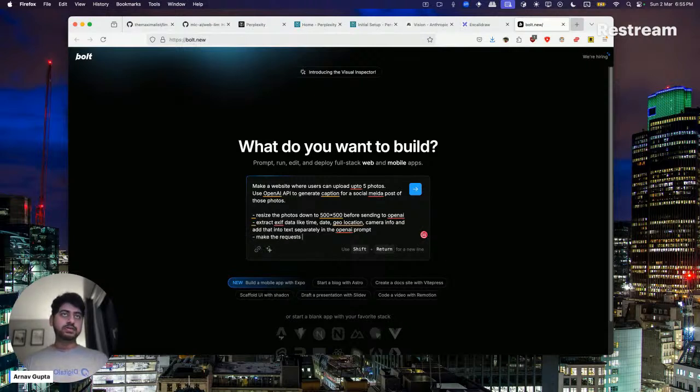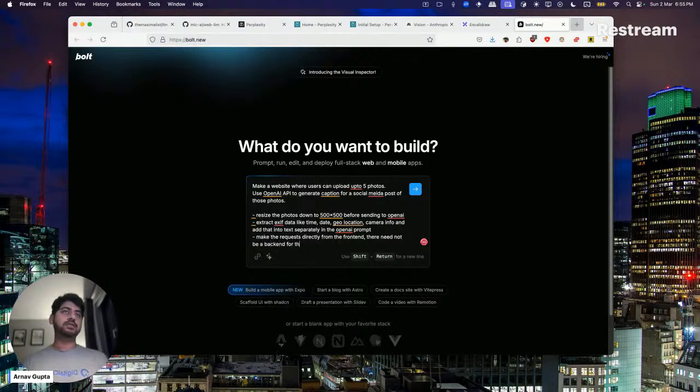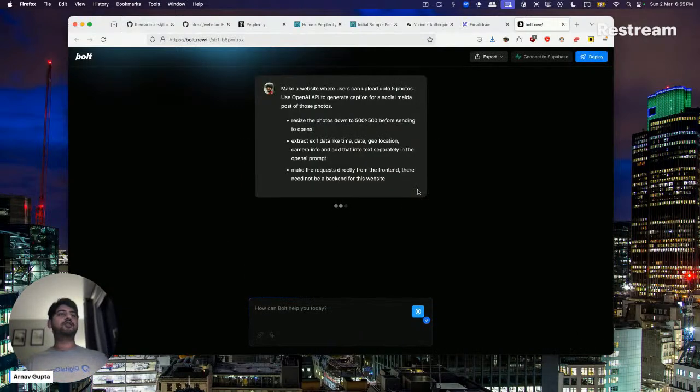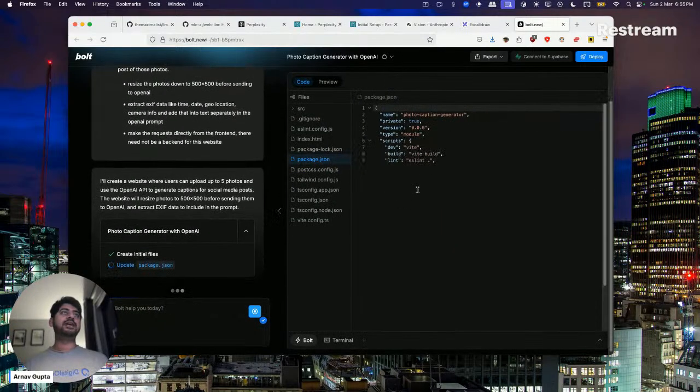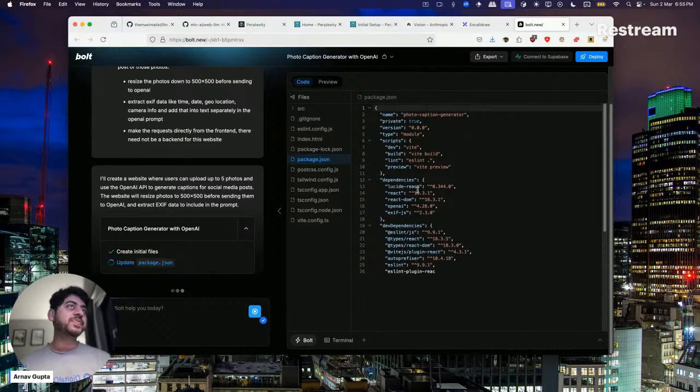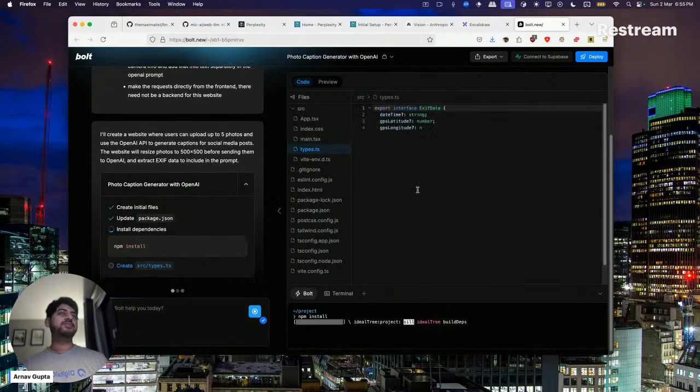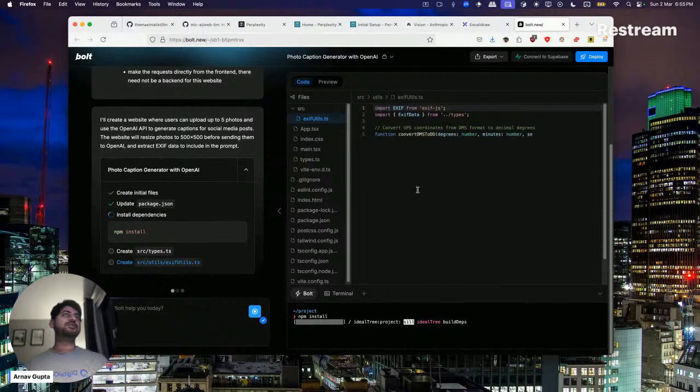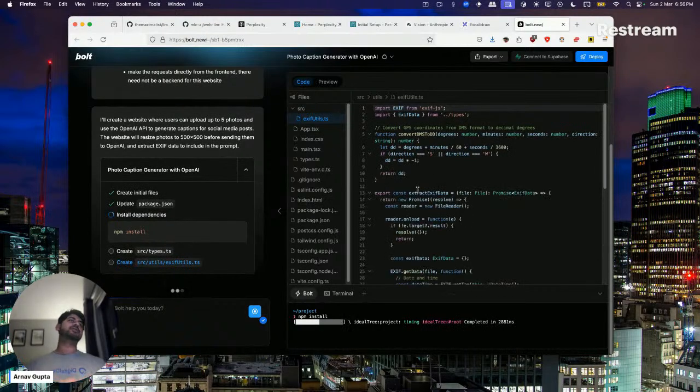Make the request directly from the front end. There need not be a backend for this website. Okay, cool. If you just use a prompt like this, Bolt can actually generate something useful a lot of times. I can actually try that, but my idea was I will try to build it myself. But let's see what Bolt gets to. It does help you with some basics. It gives you some structure. It shows you how EXIF data works and all of that.